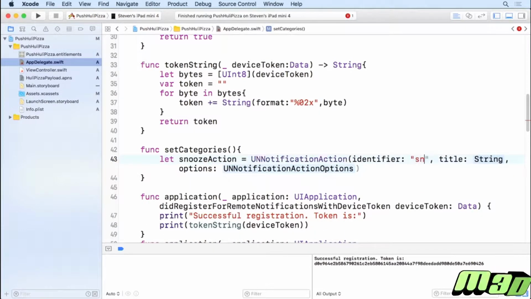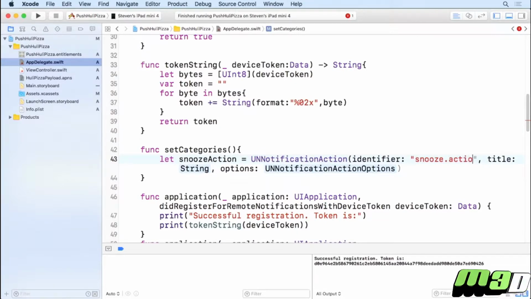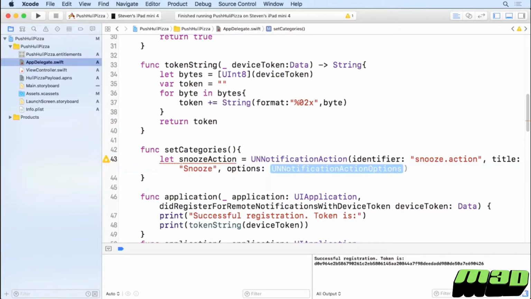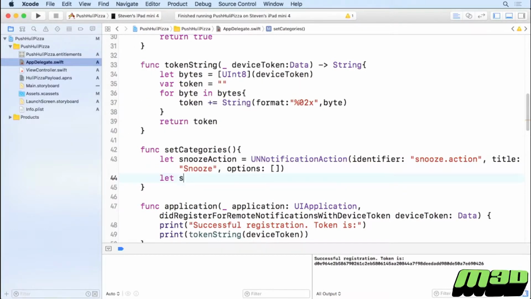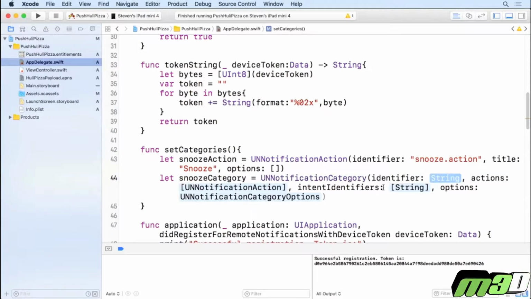Start by setting a snooze action. UNNotificationAction. We'll use identifier, snooze.action. Title of Snooze, and no options. Make a category,